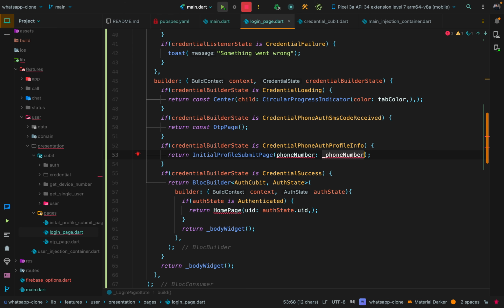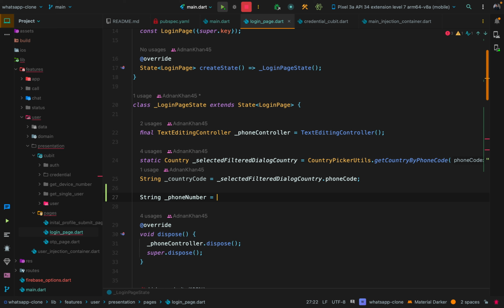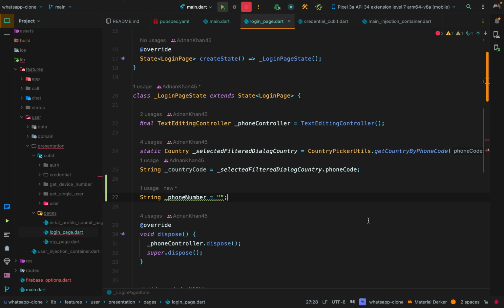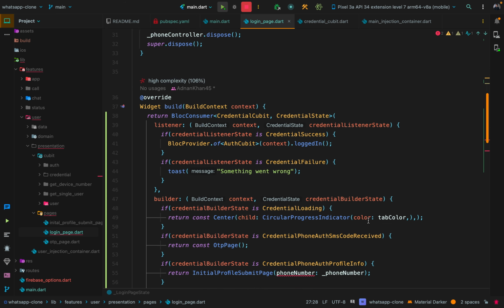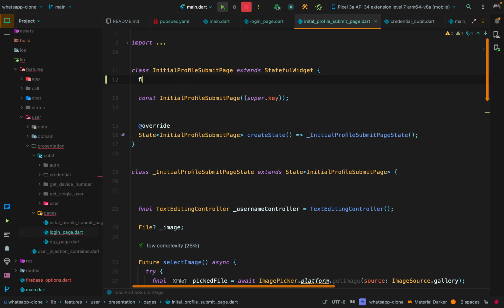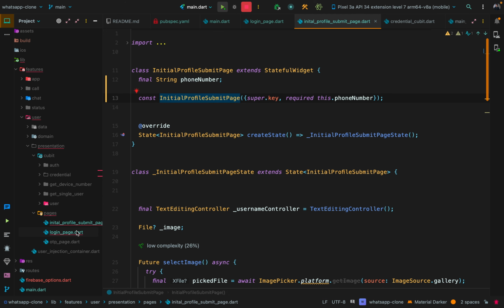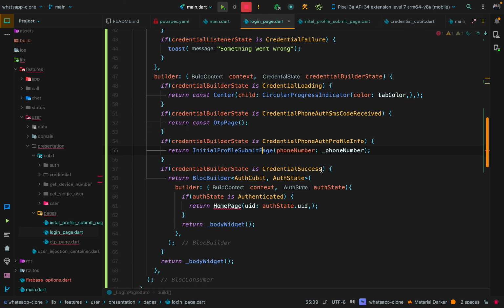And what's this phone number? This will be a simple string in here, string phoneNumber, and will be empty for now, but we'll take the data from the field where we will be typing our phone number. That's it, and this is going to accept it. So we will go in here, final String phoneNumber, and that's it. And here we go, pass it in the constructor, make it required, and that's it in the login page and